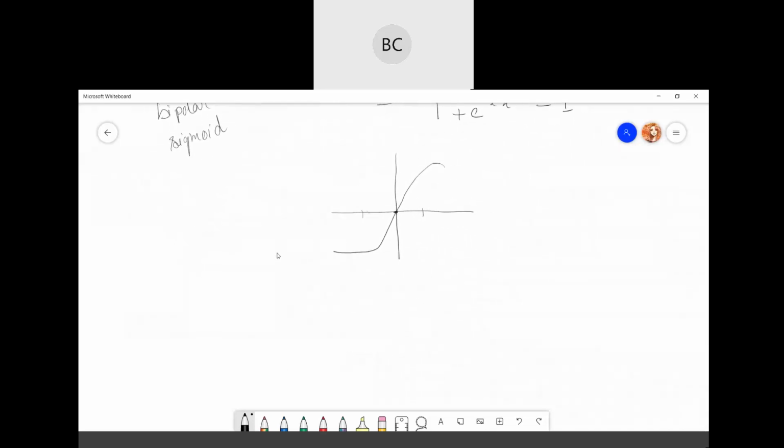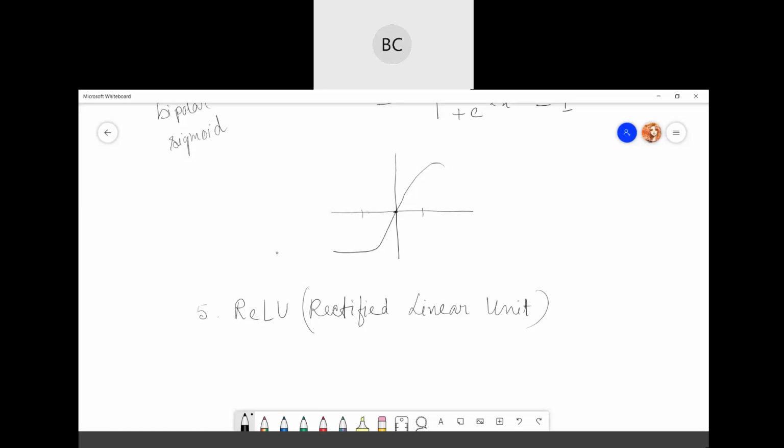Another very popular one nowadays, in both neural networks and deep learning, is the ReLU, which is the rectified linear unit. ReLU is one of the nonlinear activation functions, and it is more popular in deep learning.